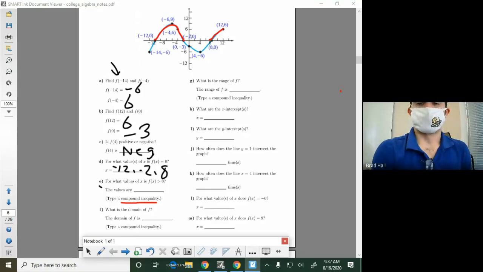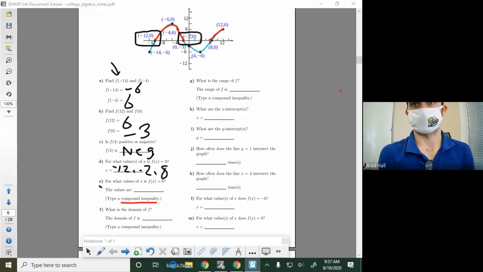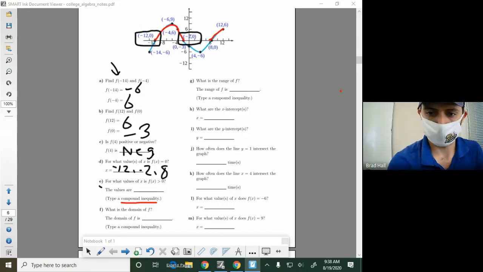So with compound inequalities, or just inequalities in general, you find the leftmost point, the rightmost point, and with inequalities, you normally list the x values of those. So the leftmost point, what's the x value of that? It's -12. So for part E,